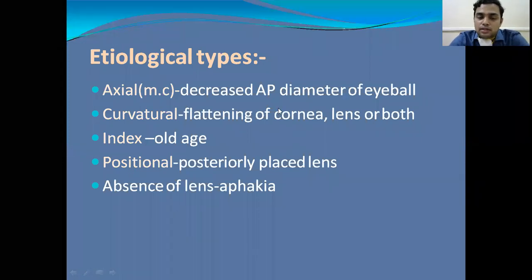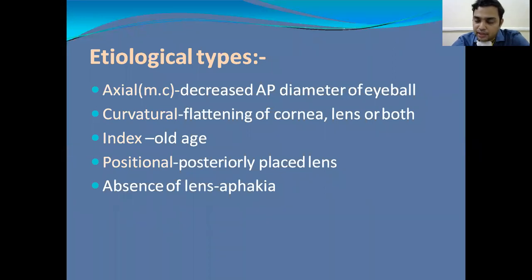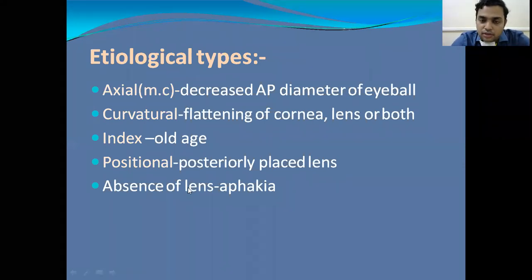So what are the causes? The same as in myopia. Axial hypermetropia is the most common one. It is because of the decreased anteroposterior diameter of the eyeball, whereas in myopia there is an increased anteroposterior diameter, that is, the patient will have a large eyeball. But here, because of the decreased axial length, the eyeball is relatively smaller when compared to the normal eye. And because of the decreased curvature of the cornea, because of flattening of the cornea, and the decreased curvature of the lens, this is the second cause.